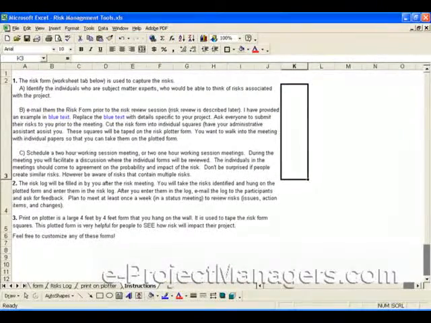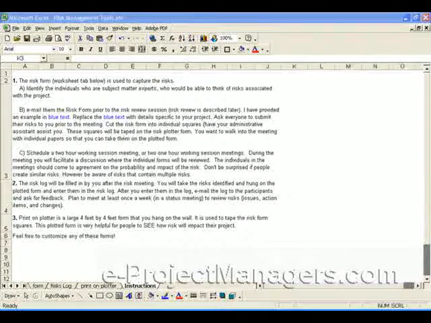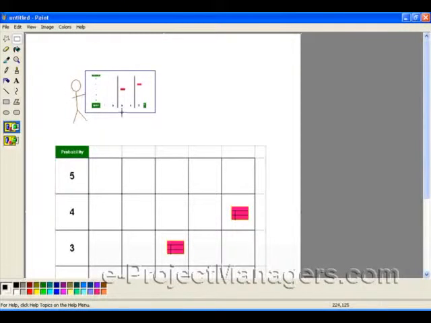What's going to happen is I've created a little Paint image here. In your meeting, you're going to have a large plotter image hung up on a wall. And here's a picture of you. And what you're going to do is take the forms and place them on that image in the proper location. So for example, if we scroll down here,